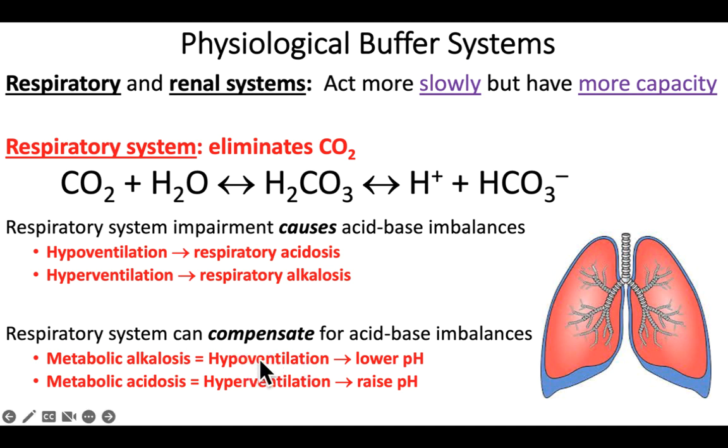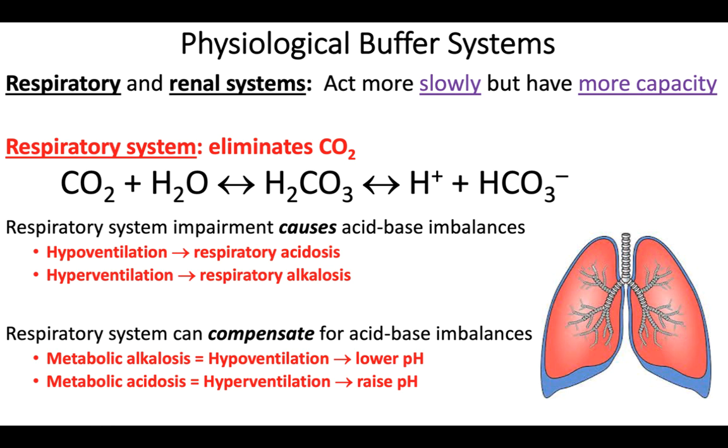The respiratory rate will go down, more carbon dioxide stays in the blood, and that can bring the pH back down. If there's a metabolic acidosis, the body can help compensate or correct this by hyperventilating. Respiratory rate can go up, and it can get rid of that carbon dioxide, and then the pH can rise,